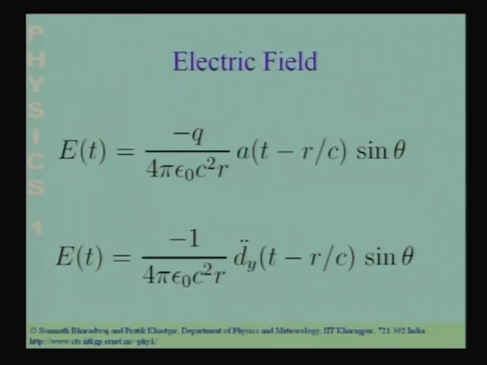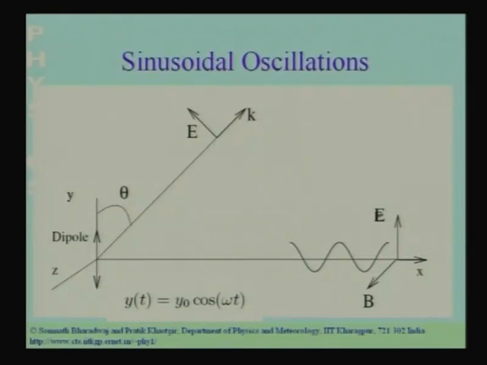Now, let us go back to the situation which we were considering. We were considering a situation where I have a dipole oscillating along the y axis and we would like to calculate the electric field pattern at different positions. Different positions means different values of theta and different distance r. And we digressed a little, we took a little detour where we wrote down the electric field in terms of different variables, the rate of change of dipole moment, the rate of change of the current. But let us now come back to a study of the electric field.